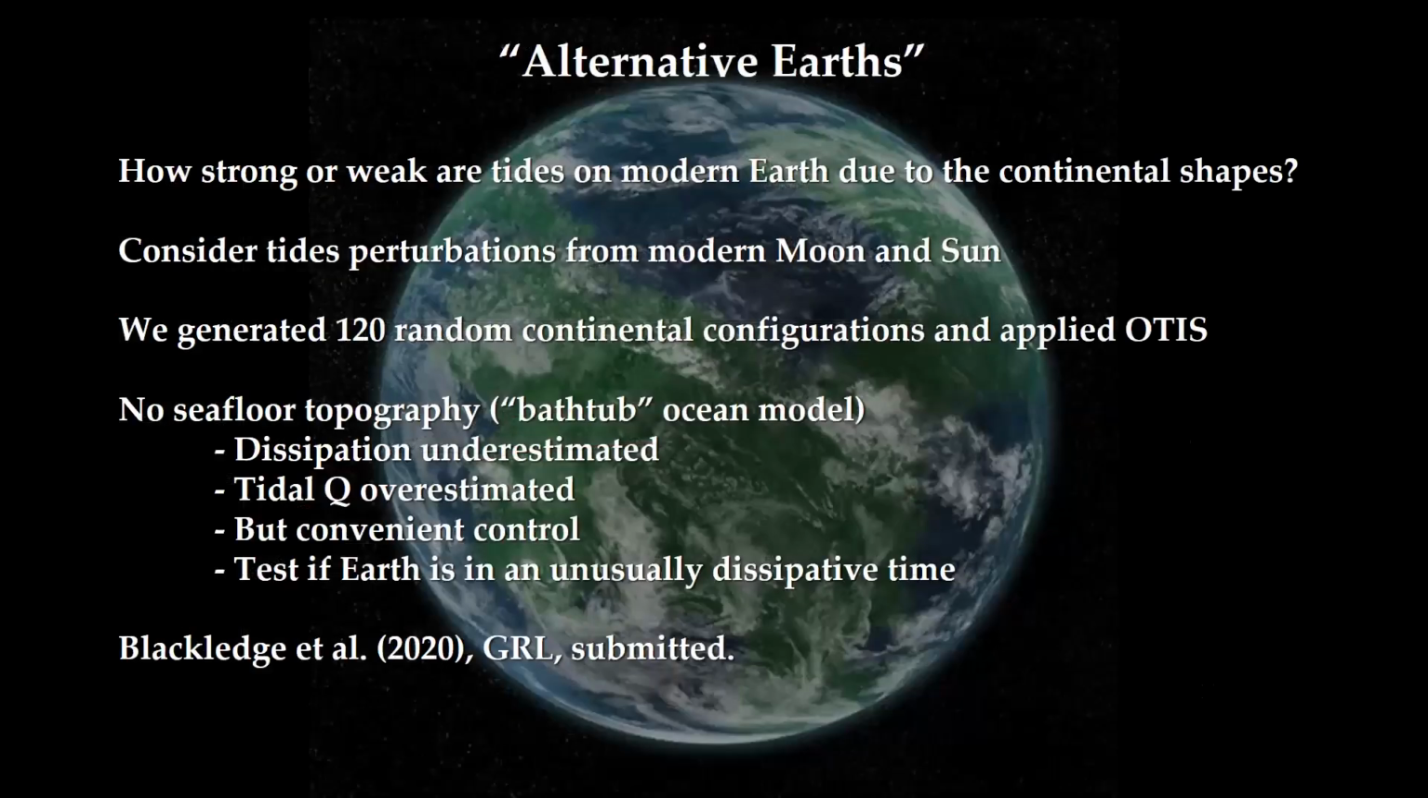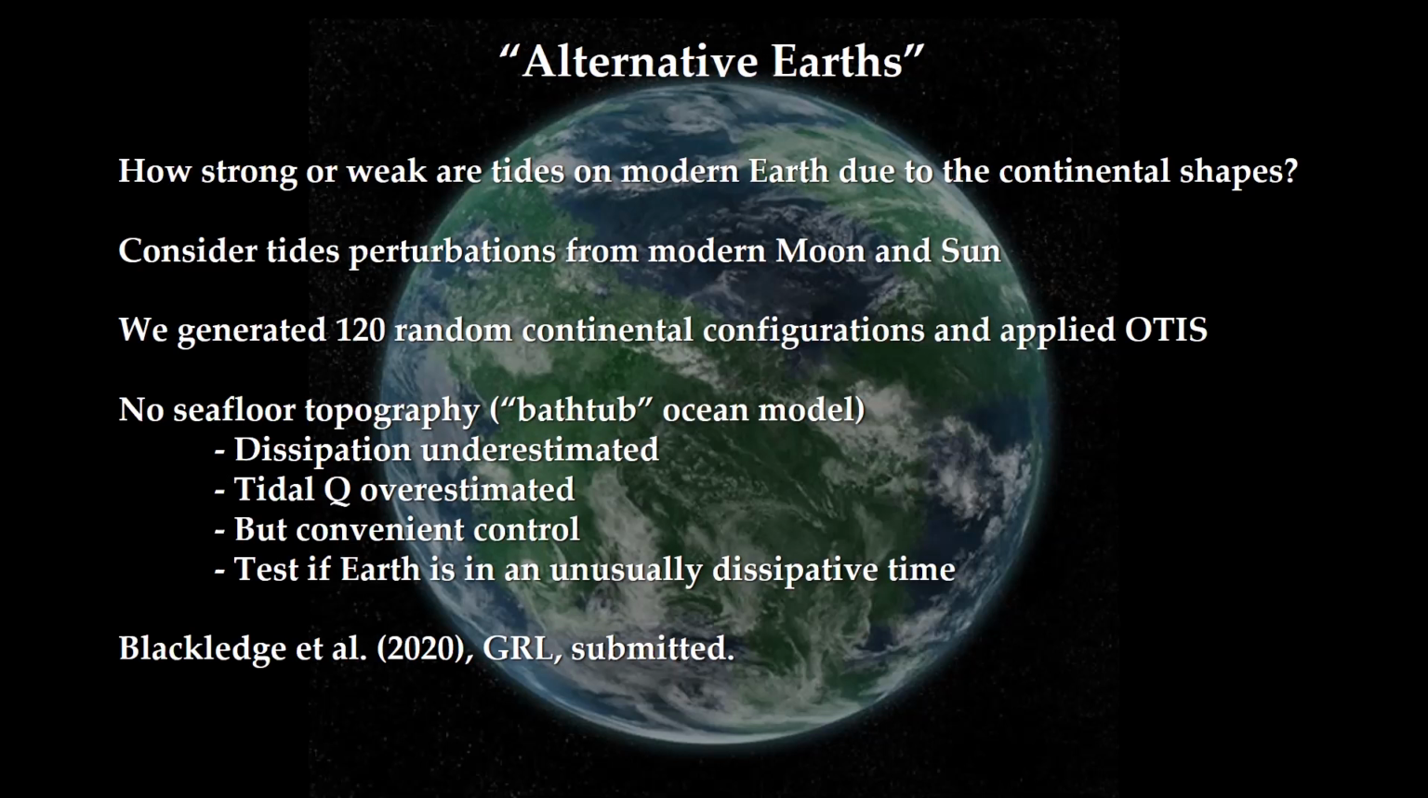So now moving on to what we called this project, alternative Earths, where we basically took the modern Earth's orbital and rotational properties, and the sun and the moon in their current positions, and then we varied the continental configurations of the Earth across 120 different times. There's an online calculator that lets you create all your topographic maps if you're interested. That's what we did. And so we used OTIS to try and calculate how strong the dissipation would be